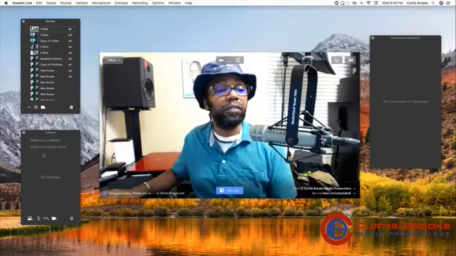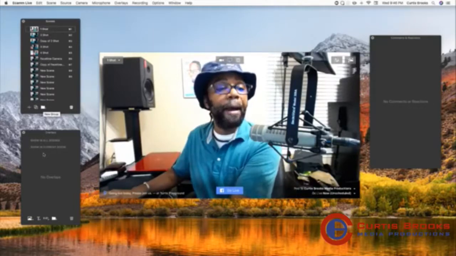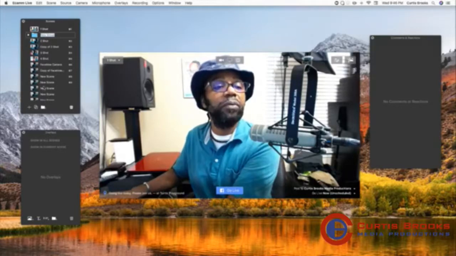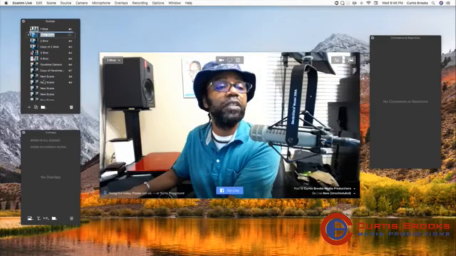And now you can also add a group. So let's say I want to bring this shot here and place it inside this folder. Oops, I actually didn't place it inside the folder, but place it there. Okay, so now that scene is in that folder. It's kind of staggered now.